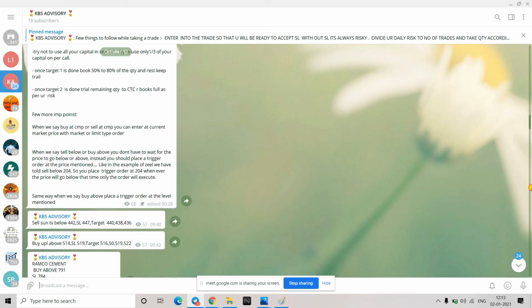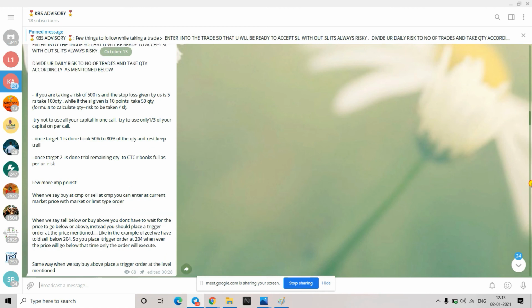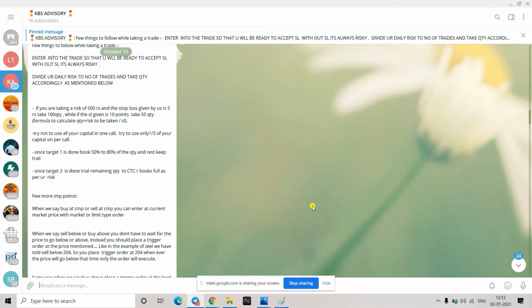If you see it here, once you have got 0.5% of your target, you can book either 50% of your quantity, and the remaining you can keep for a bigger target. Or what you can do is keep your stocks at around the cost and wait for a bigger target. But that should only be done once you have booked profit in one or two trades.